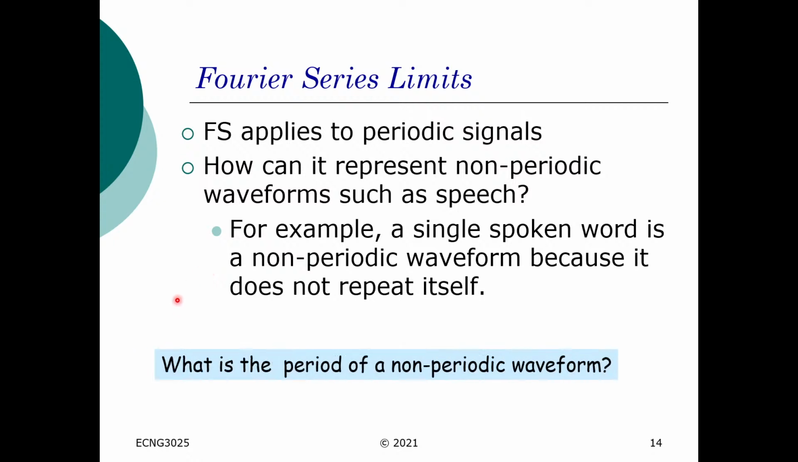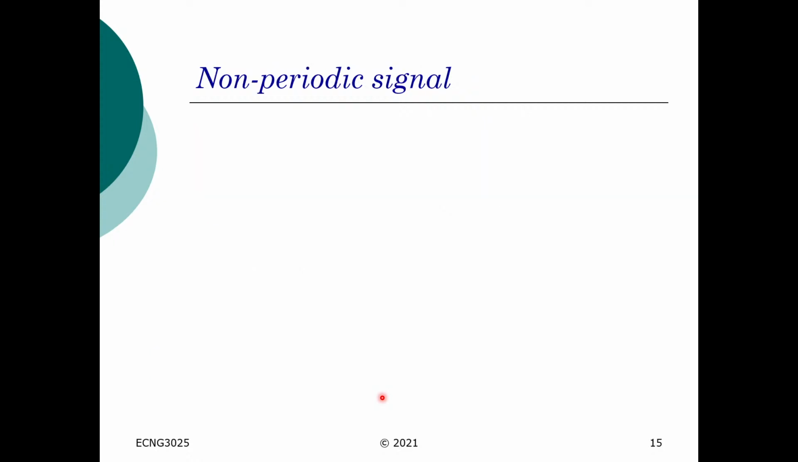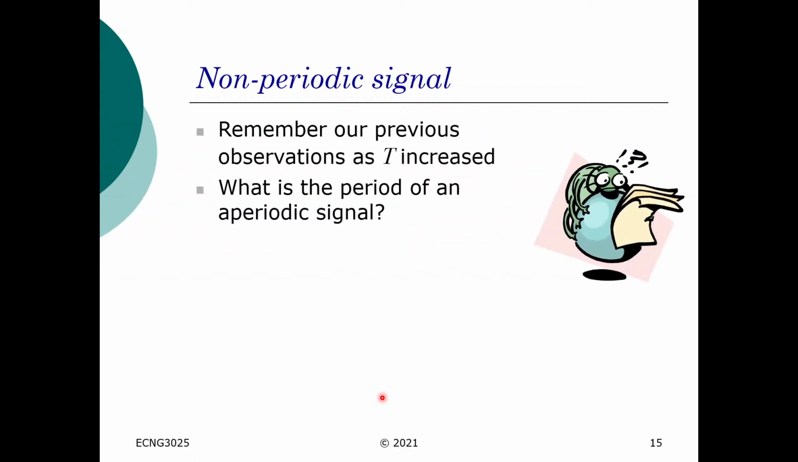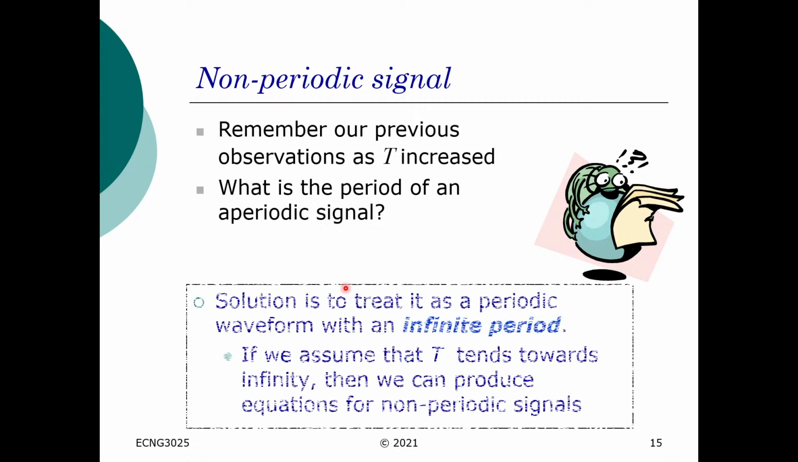So before we actually move towards formulating how the Fourier series is used for non-periodic waveforms, we need to answer the question here: what's going to be the period of a non-periodic waveform in particular. In treating this, for any non-periodic signal, we need to re-observe the effect that we just now observed when t increases. So the period of a non-periodic or aperiodic signal, as we also refer to it, is that we treat this